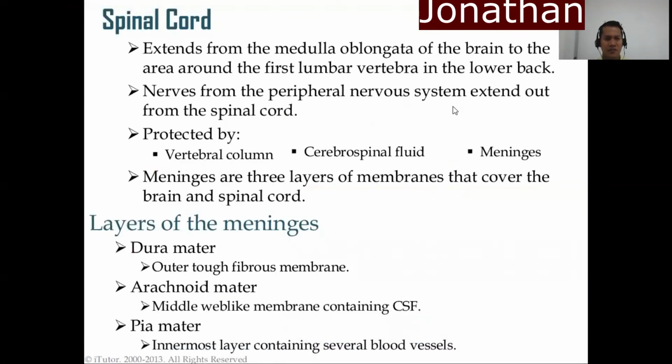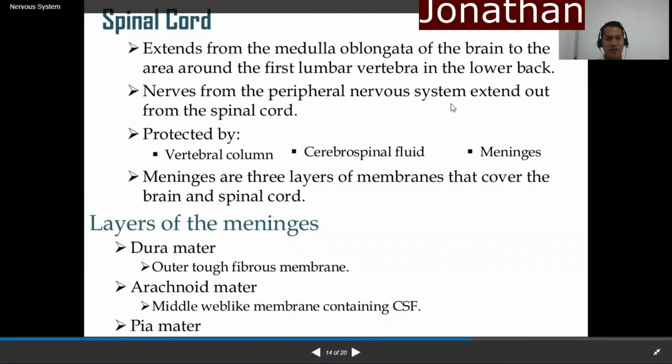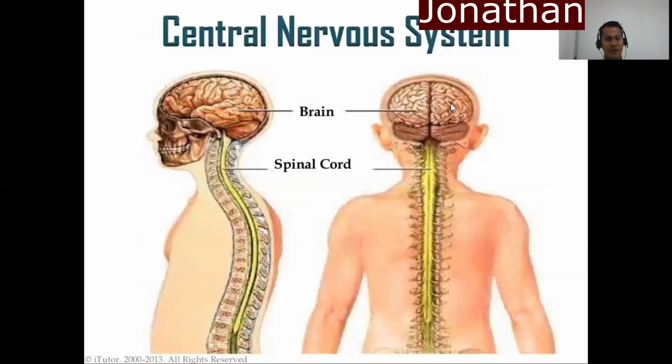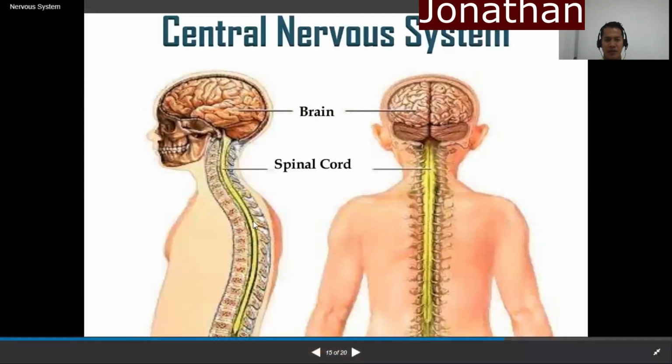Now let's talk about the spinal cord. The spinal cord is very important when we have to protect our back, okay? Because there are delicate spinal tissues underlying our vertebrae. I'm not going to talk much about this one. Once again, this is the central nervous system, the brain and the spinal cord. Very important because